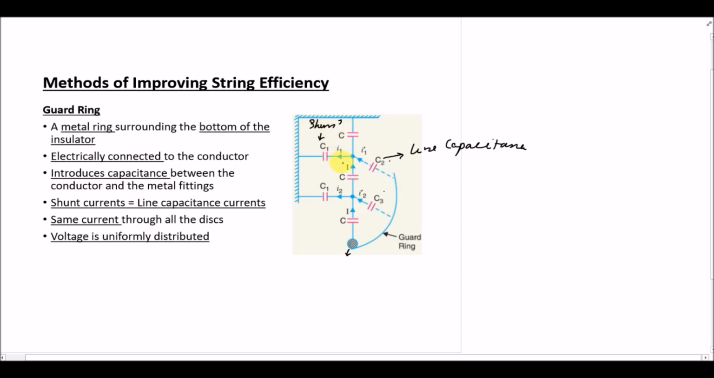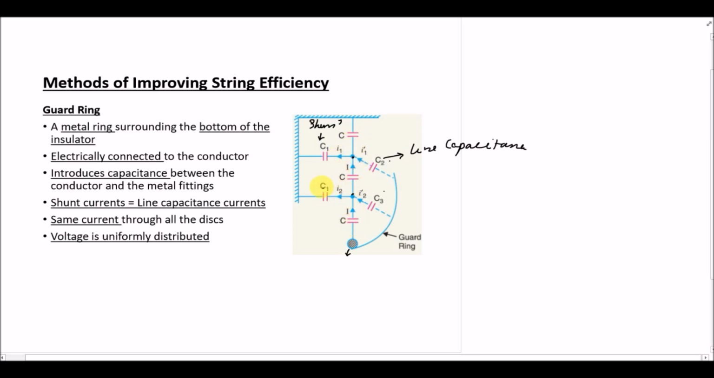So this is again between the metal fitting and the grounded tower. What it actually does is cancel out the current I1 that is flowing away from node A and B by adding the currents I1 dash and I2 dash. So the same current will be flowing through all the self capacitance discs, which are C, and the current that